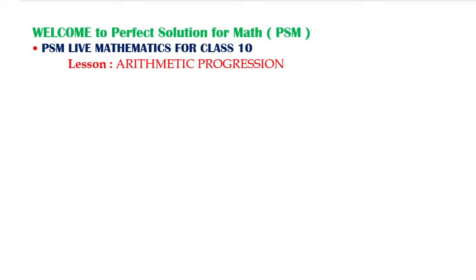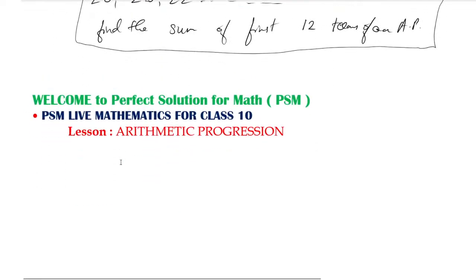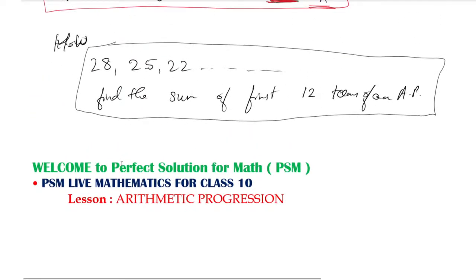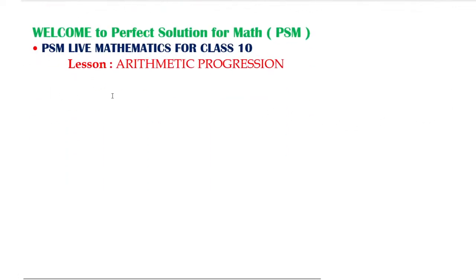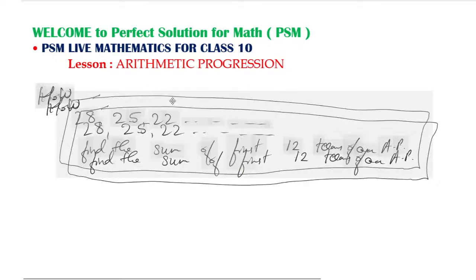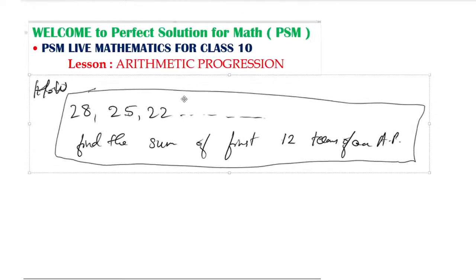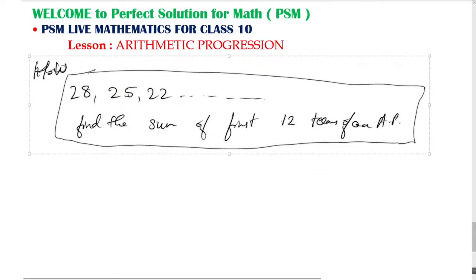Before that, yesterday's question. Let us see what yesterday's question was. I hope all of you can hear my voice clearly. Here you can see yesterday's question: the numbers 28, 25, 22, and so on. I told you to find the sum of the first 12 terms. See here, you have to find the sum of the first 12 terms, not the 12th term. Yesterday several students made the same mistake. Some of them found the 12th term, some of them found a wrong answer. I want to know how they went wrong. So for that purpose,